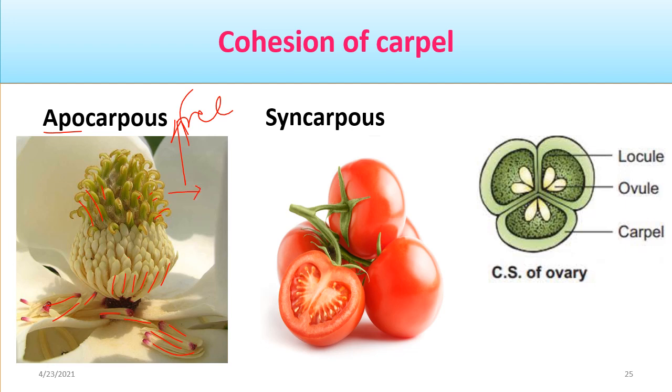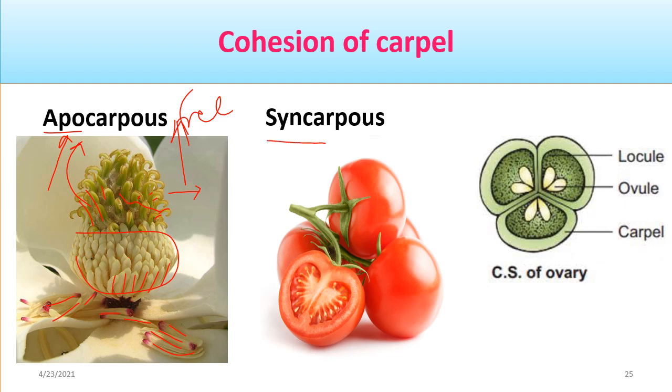Then here similarly you can see these are the ovules. Every ovule is separate from one another. So stamens are free here, and if you see this ovule, this is apocarpous. Each ovary is free right from the base up till the stigma. Every ovary is a different unit. So this is considered as apocarpous type of gynoecium.